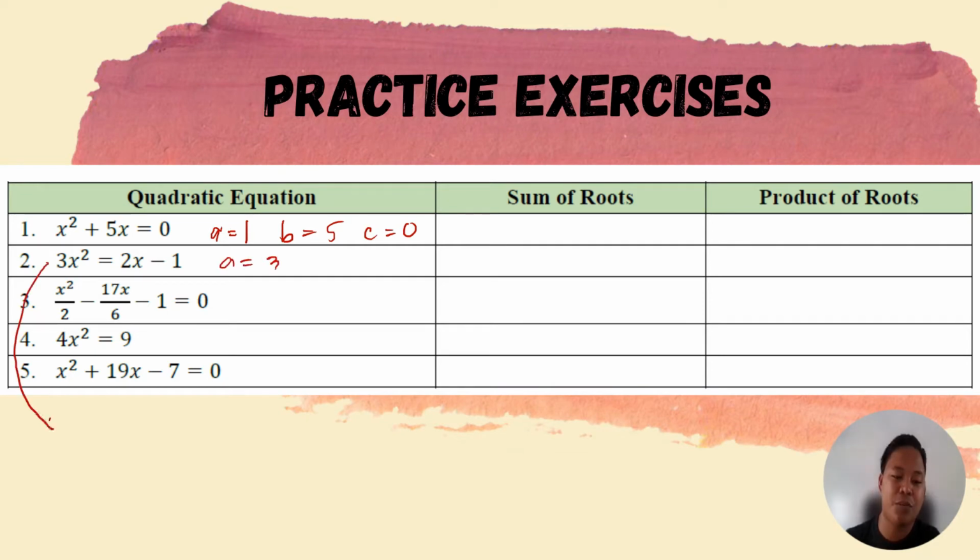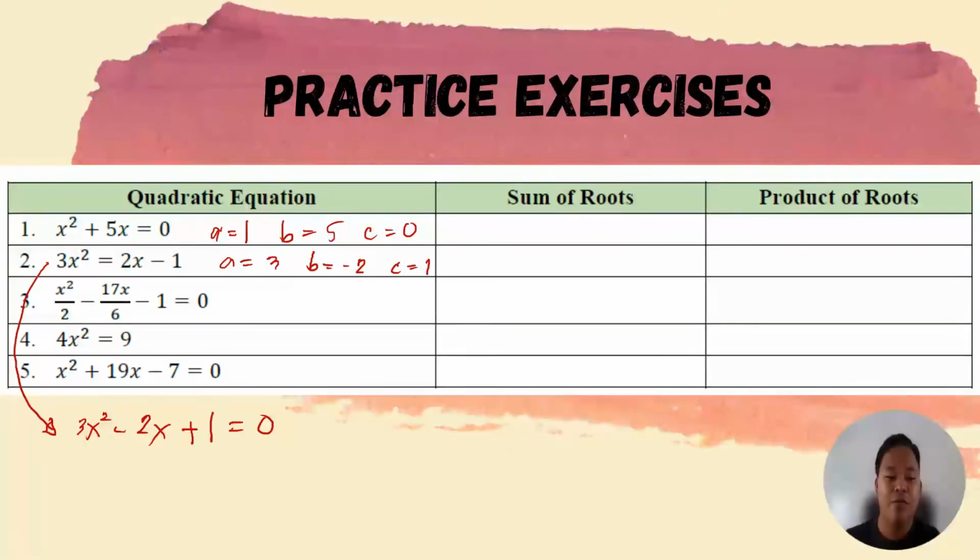So we're going to write it first in the form ax squared plus bx plus c is equal to 0. So we have 3x squared. From positive, magiging negative po since nag-transpose po siya sa left. Then, yung negative 1 magiging positive 1 equals to 0. Therefore, a is equal to 3, b is equal to negative 2, and c is equal to